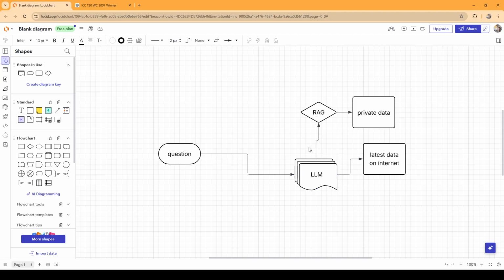So ChatGPT can answer whatever is available on the internet. So if you create any application which does the same thing, you will not be able to go ahead in the market because ChatGPT will do this. But if you create an application which answers from some private data, then you will be able to add some value which OpenAI cannot do. This is the reason we should create applications where we make the LLM work on some private data.